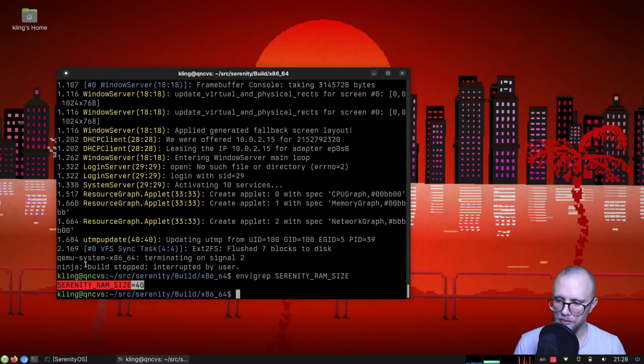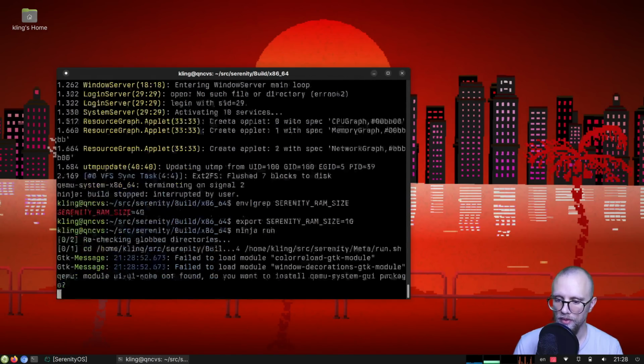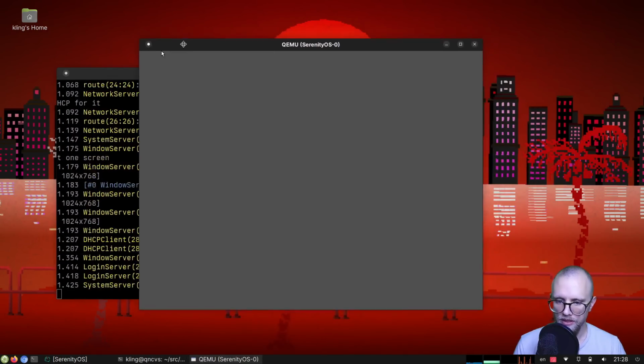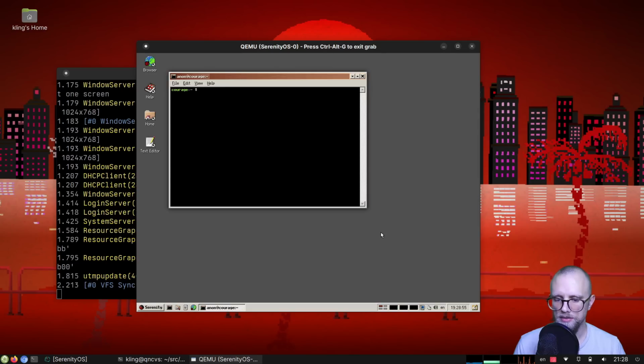There's this environment variable you can set that just causes our script to assign that much memory to the VM. Now, if I take that down to, let's say, 1 gigabyte, and then boot Serenity, everything is still fine,